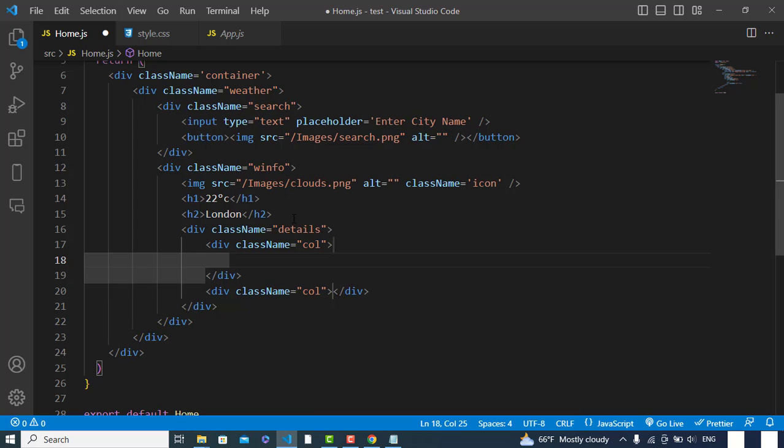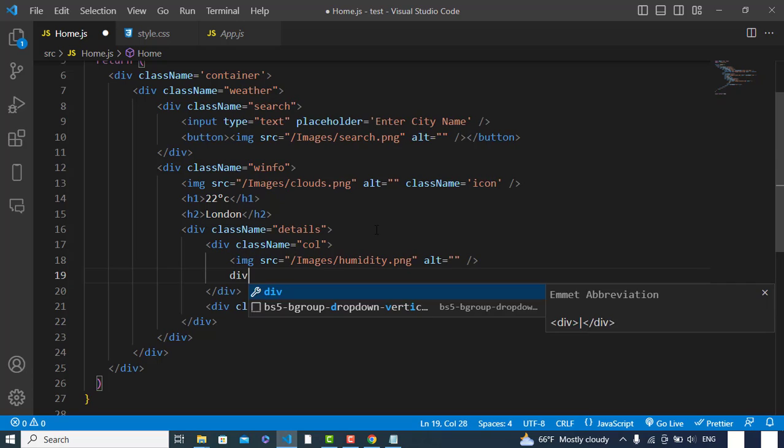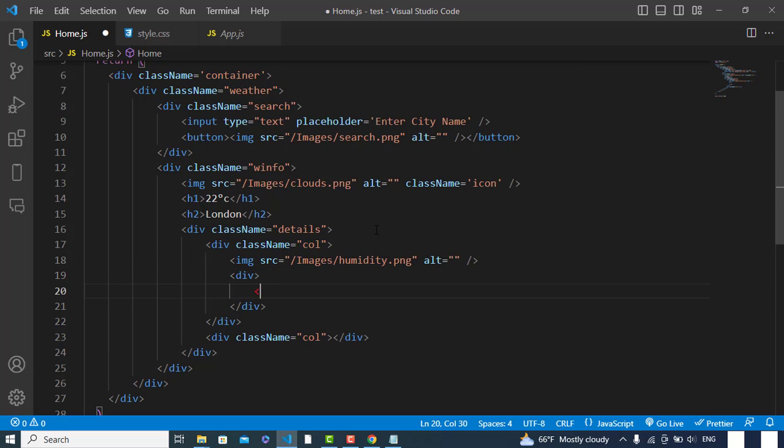Okay, in the first one I will write an image. The image would be images slash humidity .png, and after that we will have an additive. Then that we will have, for example, 20%